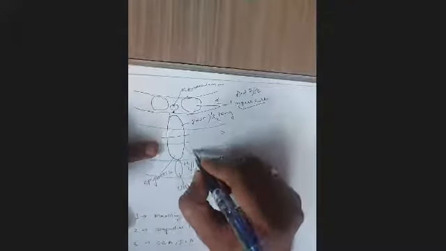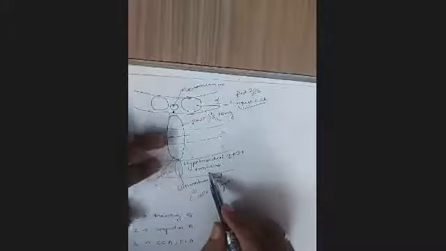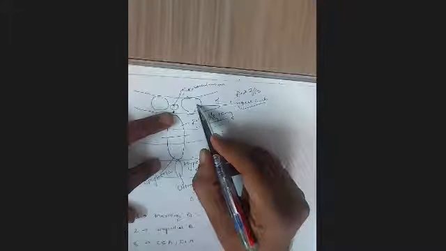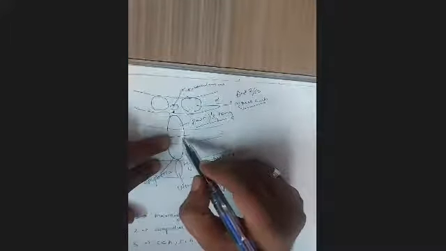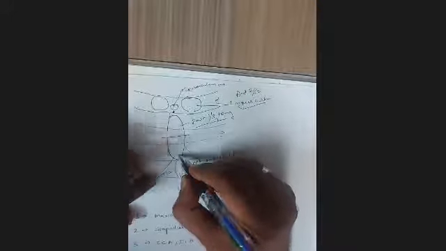Together they give rise to the anterior two-third of the tongue. While the second arch, third arch and fourth arch together combine to form a swelling called the hypobranchial eminence. The cranial part of the hypobranchial eminence gives rise to the posterior one-third of the tongue. So anterior two-third is from the first arch lingual swellings and tuberculum impar, and posterior one-third is from hypobranchial eminence. The caudal part of the hypobranchial eminence gives rise to the epiglottis.